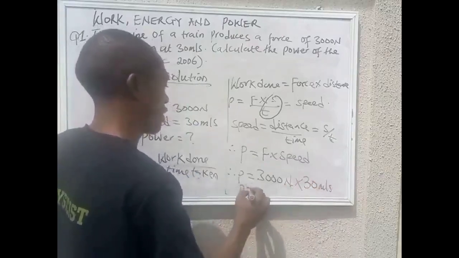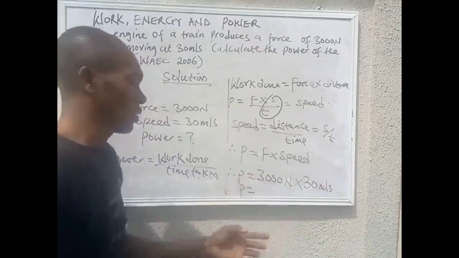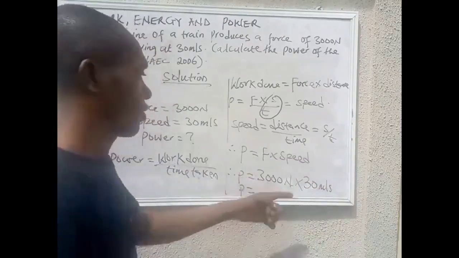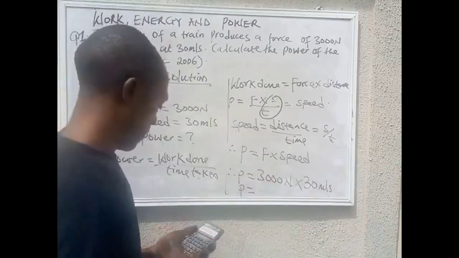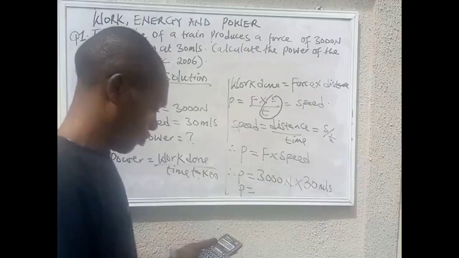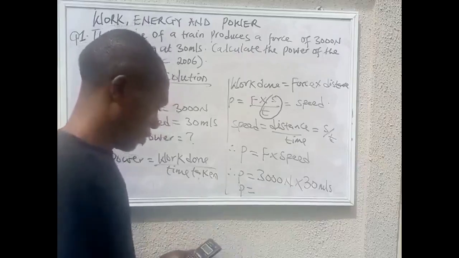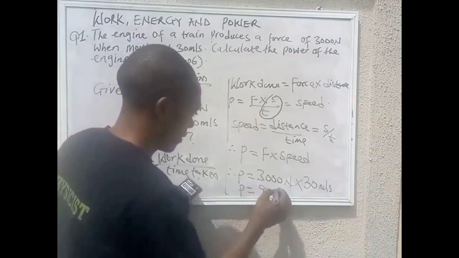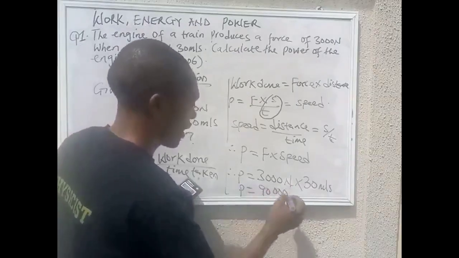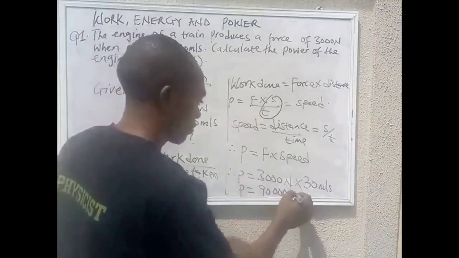Now power is going to be equal to, if you multiply 3,000 times 30, we're going to have 90,000. Power is measured in watt, so 90,000 watts,